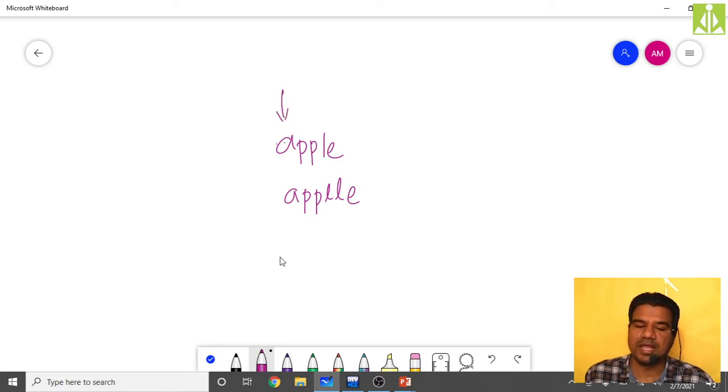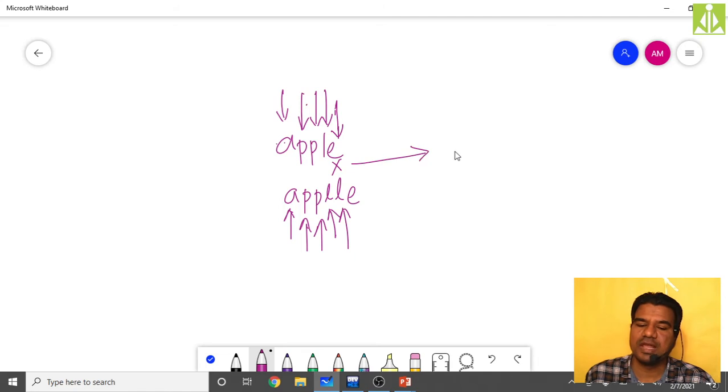First it will compare A and A, then P and P, then one more P. Up to this they are equal, and L also is equal. But when you see the fifth character, here you have E and here you have L, there is a mismatch. So like this you will get that the two strings are not equal.